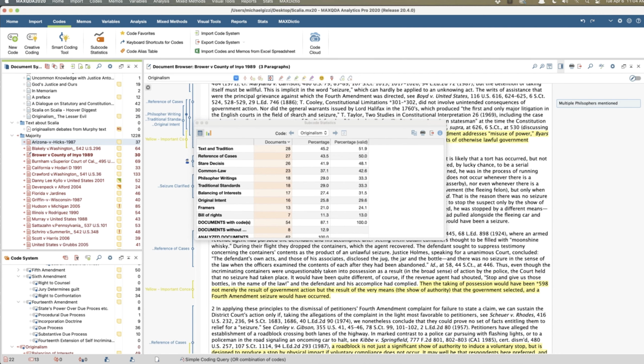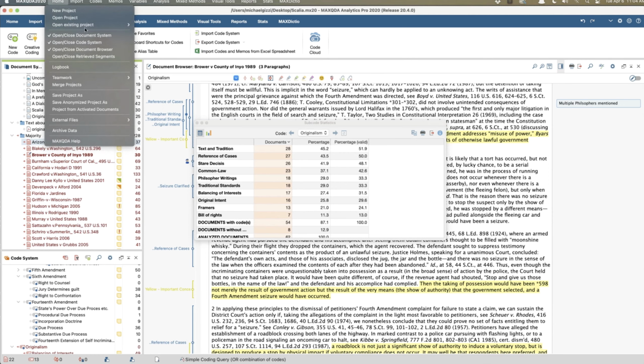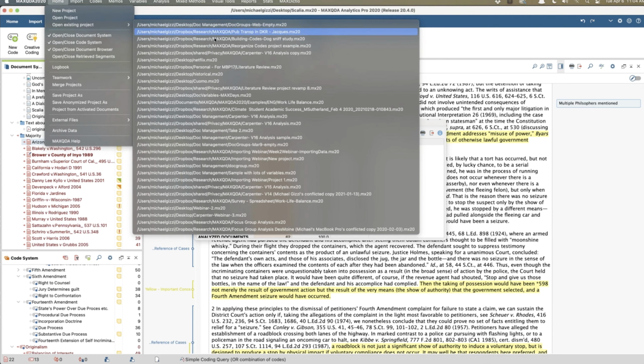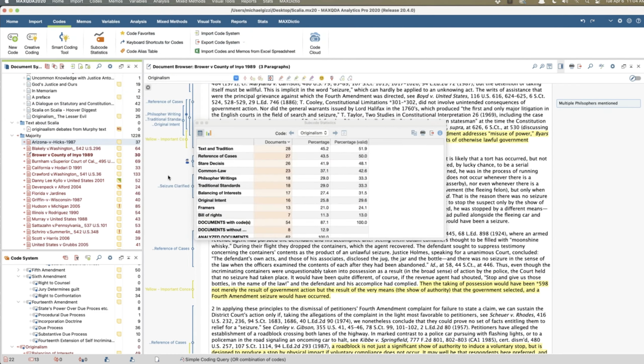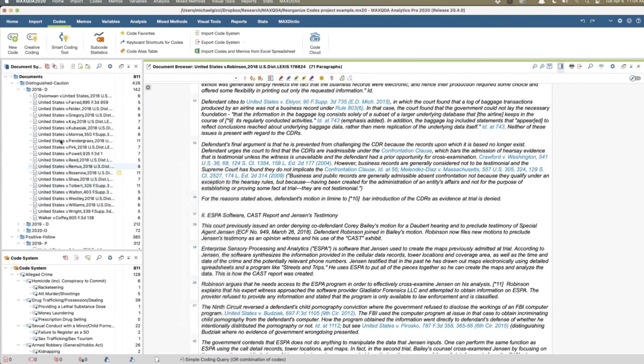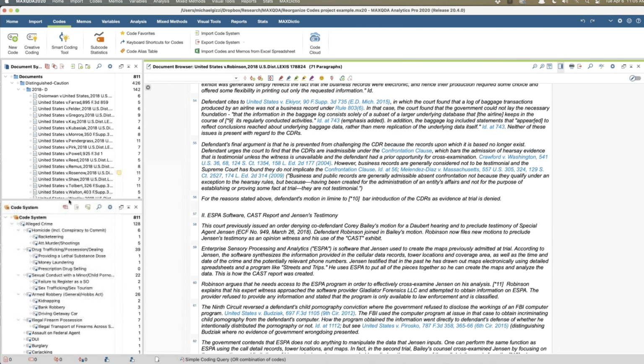Let's see, it's 11:05. I want to talk a little bit about reorganization. Many times over the last several weeks you've seen my legal project, my current research project on the third-party doctrine.